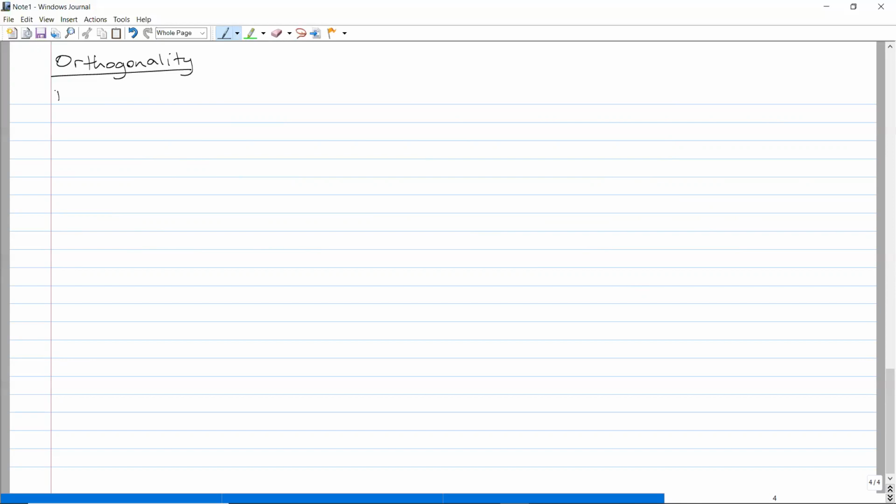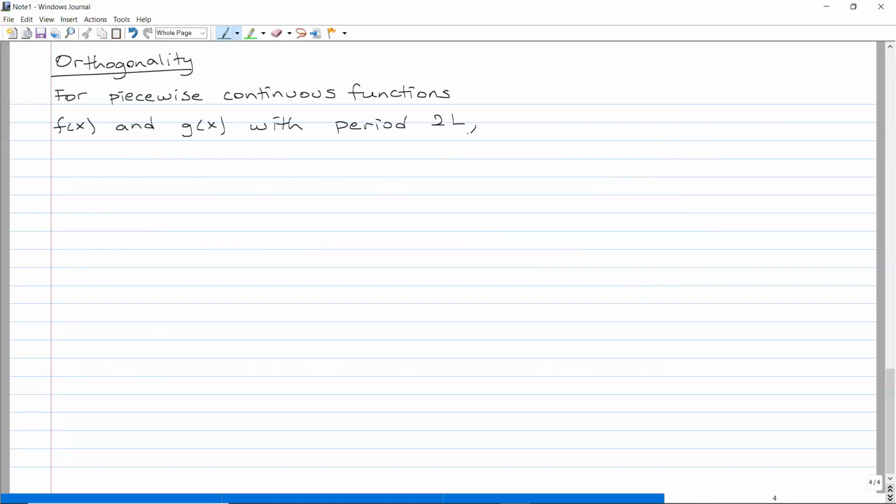So for piecewise continuous functions f(x) and g(x) with period 2L, both of them must have the same period, 2L, their inner product,